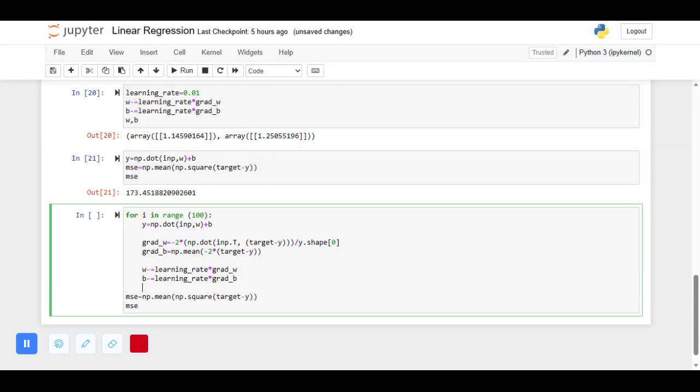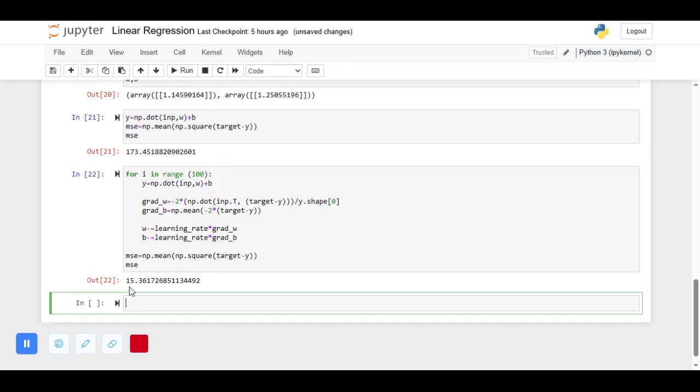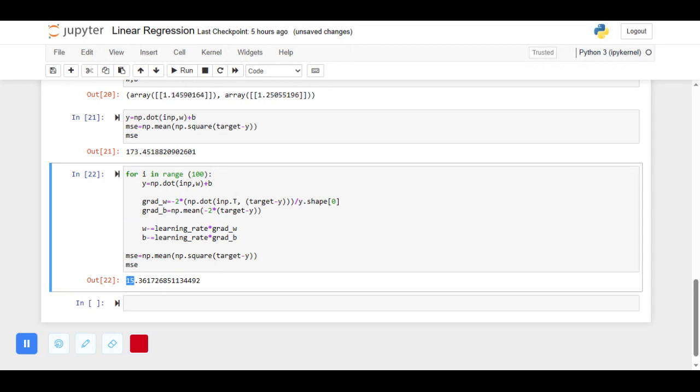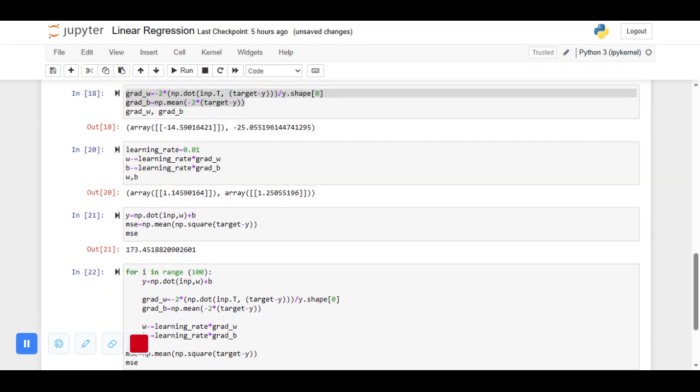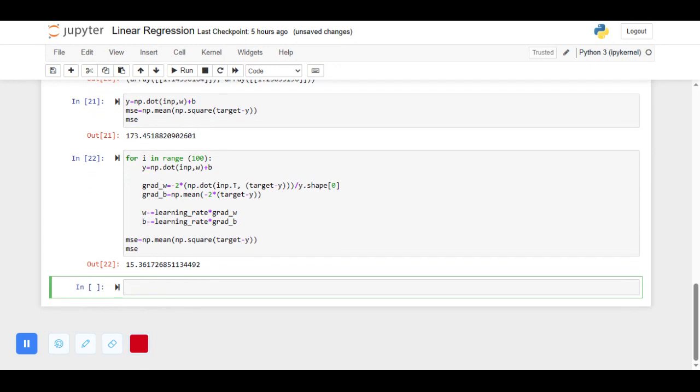Now let's look at the new MSE after 100 iterations. So now our MSE has decreased to 15. So it is a very huge decrease from 173, or initially from 181. Okay. So now let's plot the